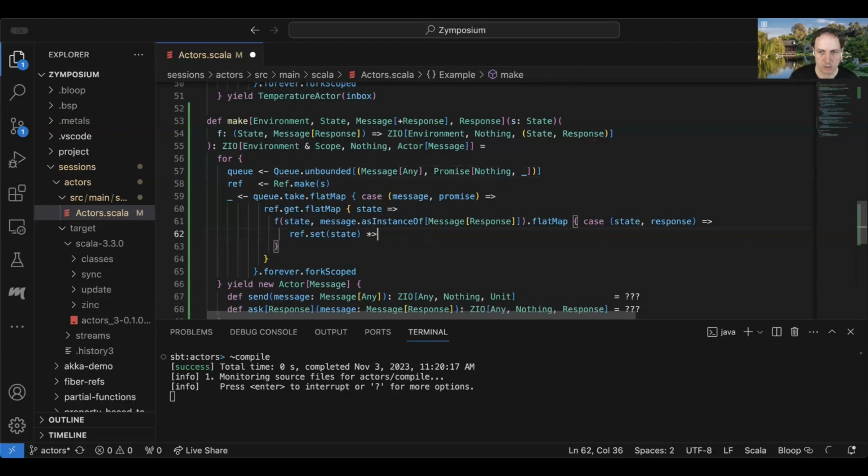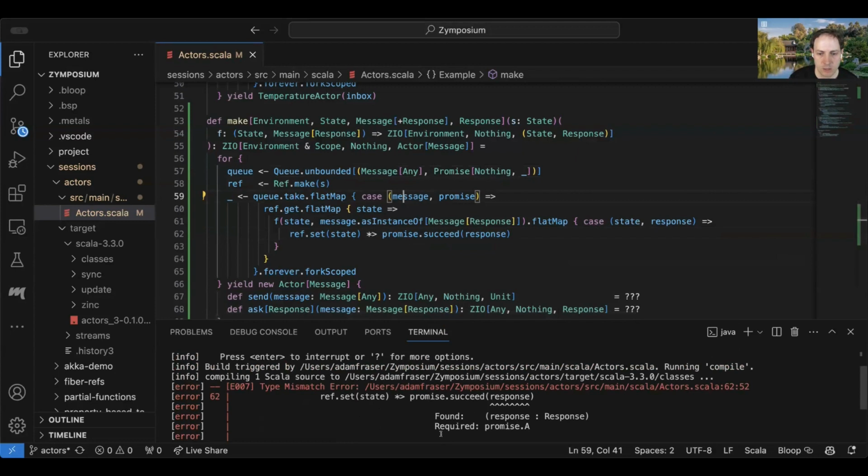And then we need to complete the promise with the response. And I think we're going to need to use another as instance of here to use the fact that we know that these message types match up, even though that's not reflected in the types here.